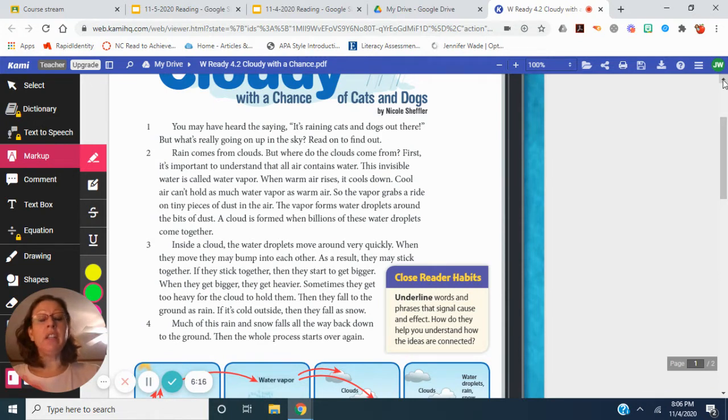If you answered that it's time to go home or to leave school, then you were correct. So the phrase doesn't mean that I'm going to go outside and hit the road with a stick or with my hand. It means I'm going to leave. Okay, so in this text, it starts with an idiom that says, "It's raining cats and dogs out there."